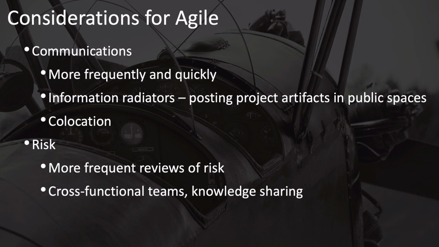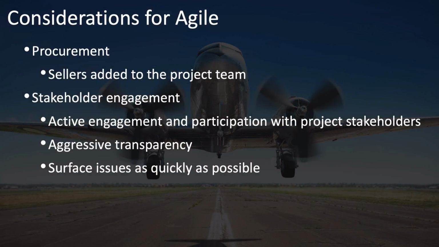It supports the idea of information radiators, which is the idea of posting project artifacts, such as what you're working on and your schedule and progress, in public spaces where people can pass by them and see what's going on with the project, as well as co-location that improves communication. Risk is supported by more frequent reviews, including reviews of risk, and by having cross-functional teams and the knowledge sharing that goes with them. In an adaptive or agile approach, sellers are often added directly to the project team, and